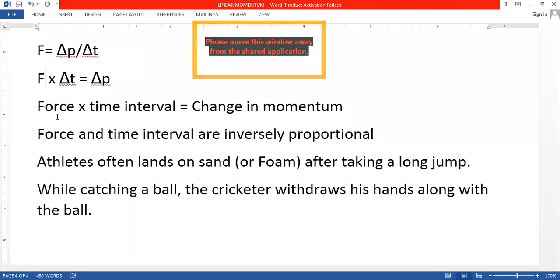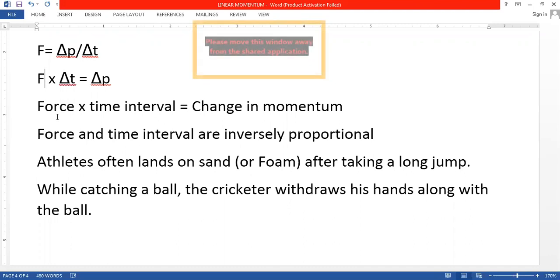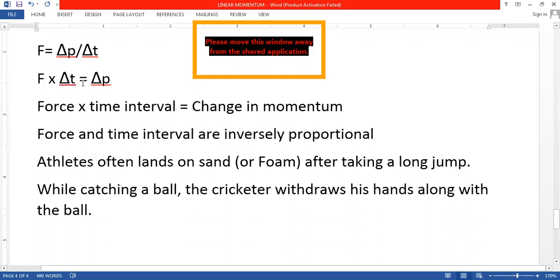The same way you can do, but don't try this, otherwise your parents will shout. You can take a glass, a utensil made of glass, and from a height of around 5 to 6 feet, drop it on the floor. The moment you drop it on the floor, it will break, because it is made of glass. But if you drop it on your cushion, on your sofa, or on your carpet, it will not break.